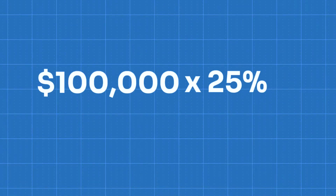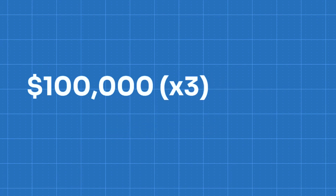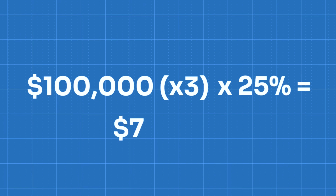Let's just use an easy math example. If you have a $100,000 salary and it's a 25% fee, that's going to be $25,000. If you have 3 positions at $100,000, at 25%, that's going to be $75,000. But if you have a flat rate of, let's just say, I'm going to give you a range again, anywhere from $5,000 to $10,000, where they can work for 3 to 6 months on those 5 positions, you're ultimately going to be spending sometimes half the money that you would spend if you did each one of those hires independently,